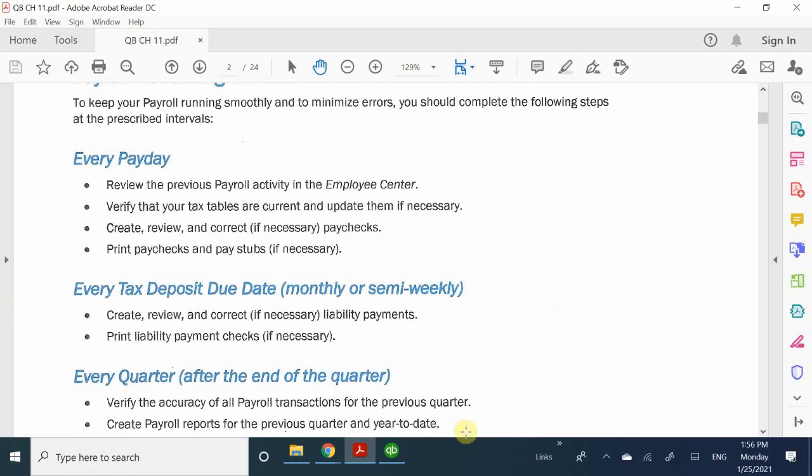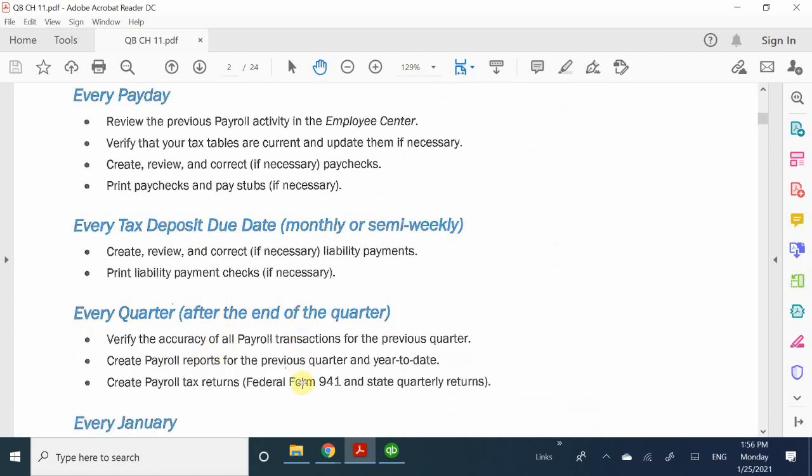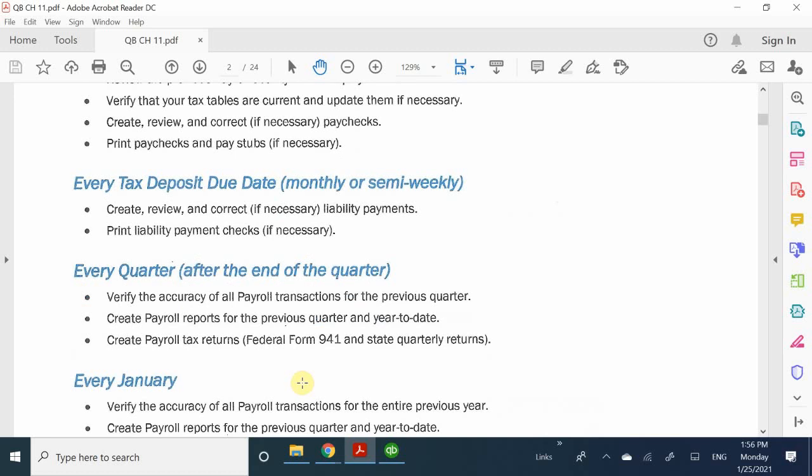And then even after you process your payroll, every month you need to make sure that your tax deposits go through. You also want to ensure every quarter, at the end of the given quarter, that you run those reports to ensure that the payments have gone through or that your liabilities are correct, especially when you're dealing with your employees, because we'll talk about this in the next few sections. There are also sections for cases where you